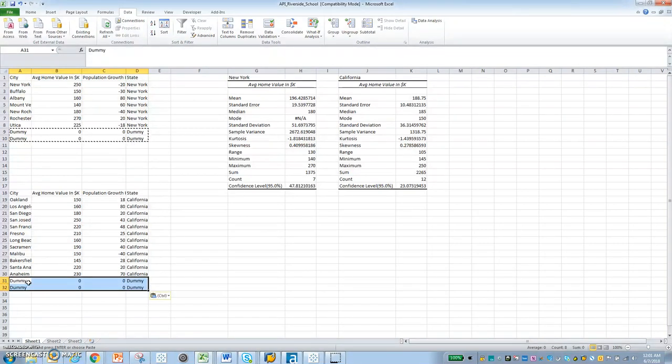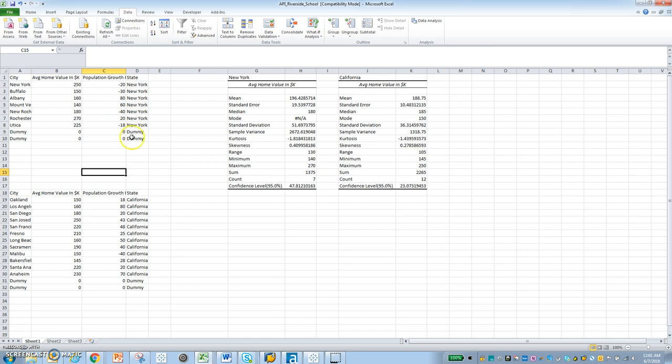So for example, if it was asking me for growth of population for both of these, I'm going to be looking at those independently. If it says, hey, tell me the growth of New York and tell me the growth of California, it's not asking me to directly compare the two. It's asking me to look at each one independently. So that's why in this example, or in part 2 of your question, you're going to do a one sample